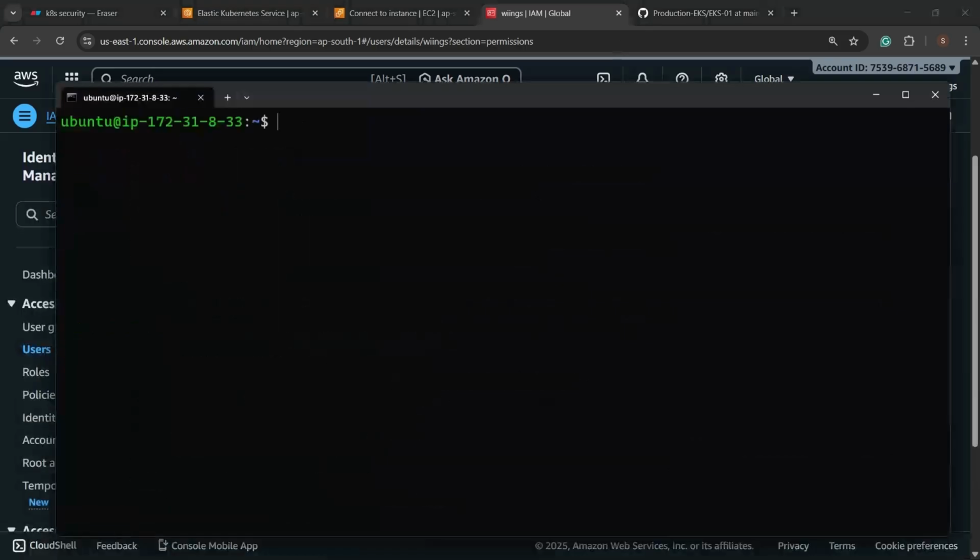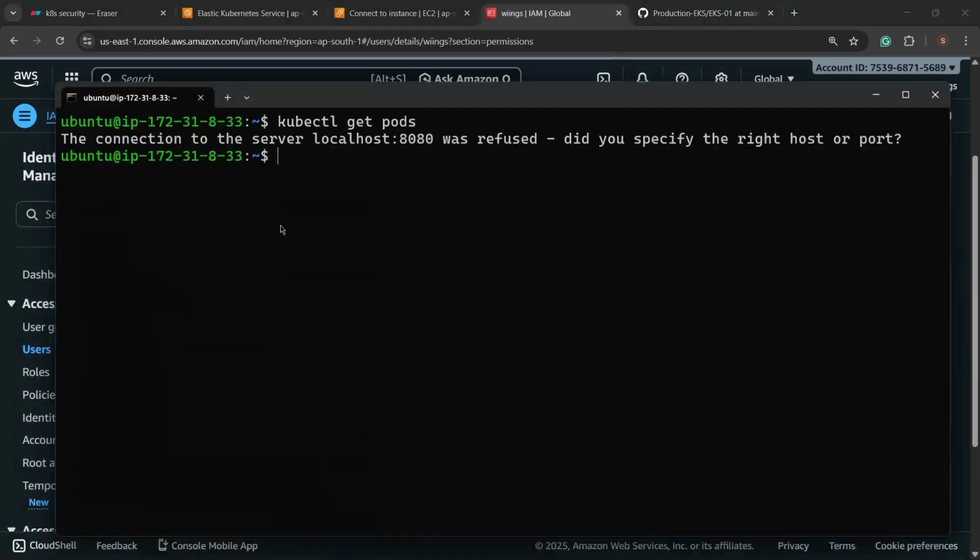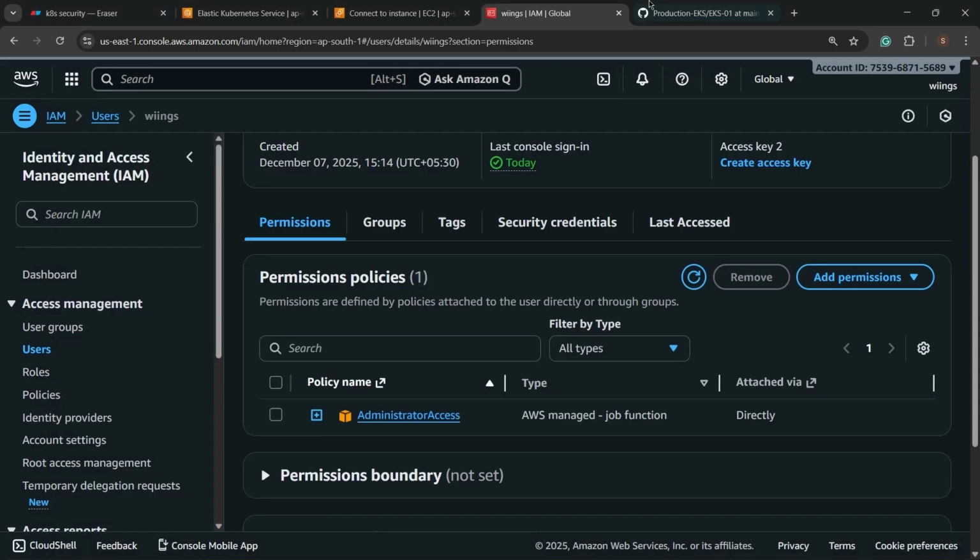But can he access our cluster? Let's see. kubectl get pods. So we got an error. Now why did we get this error? Though he is an administrative user and he can see our AWS services inside our terminal, why is he not able to access our cluster? Because we are accessing our cluster via kubectl, and kubectl asks which cluster you are trying to access, and it simply says that it doesn't know which cluster you are trying to access. So for that, you need to first